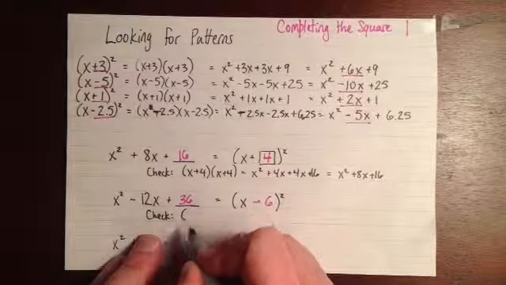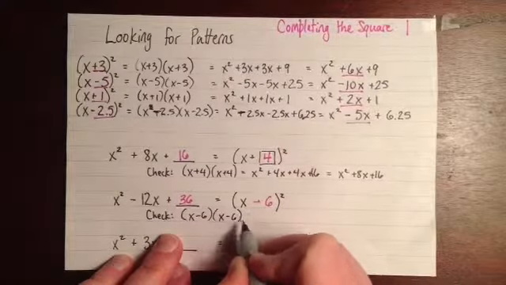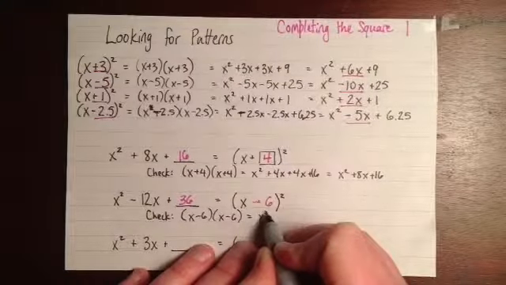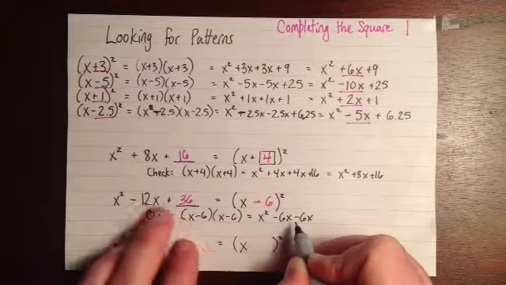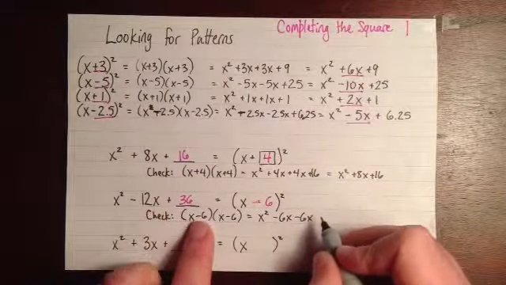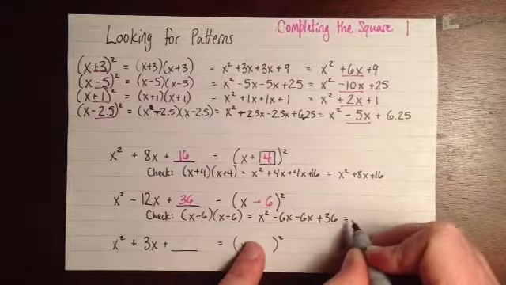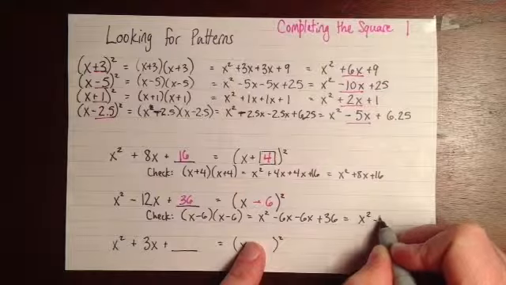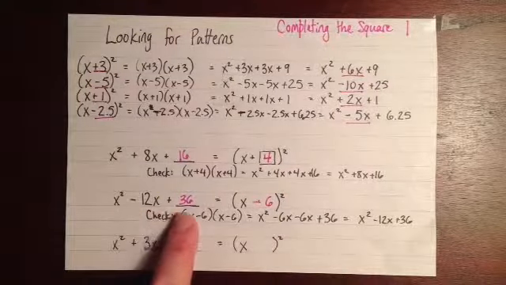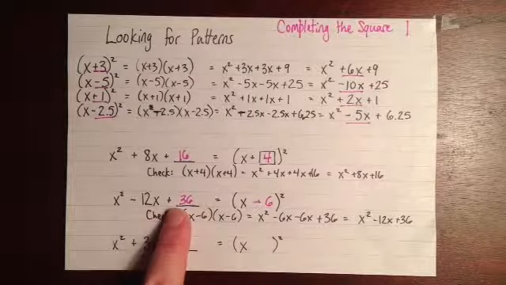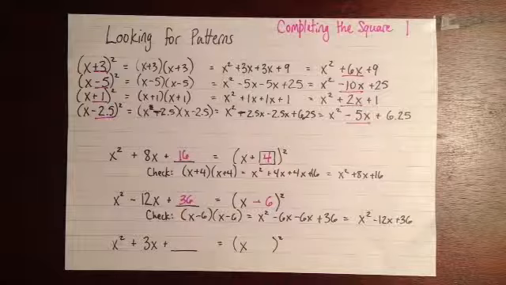So what I'll do is check: x minus 6 squared is x minus 6 times x minus 6. That's x squared minus 6x minus 6x. That's why it's double over here, because there's 2 of them. And then negative 6 times negative 6 is 36. So x squared minus 12x plus 36, which is just what we thought. Okay. And then the last one,